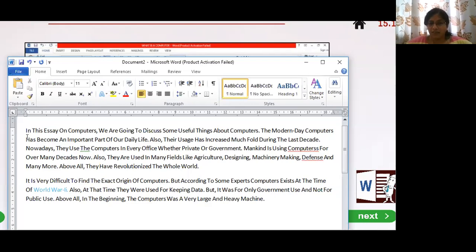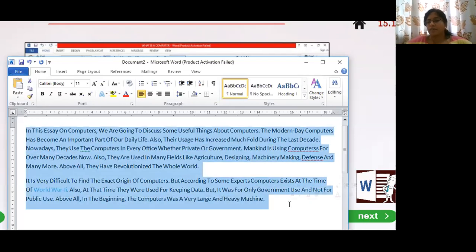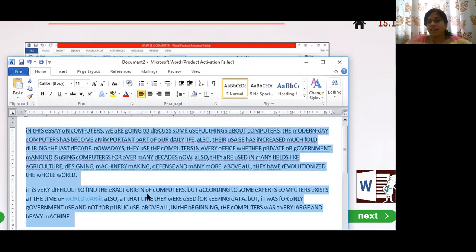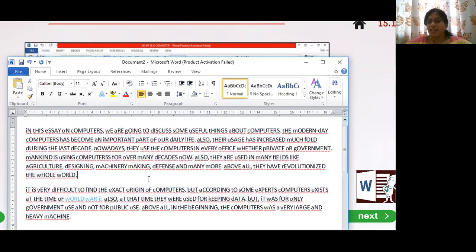Let's see the change. We'll select the text, toggle case. See. Can you see here? All the first letters have become small letters and the rest has become capital letters. Now see, computer C is small, OMPUTERS has become capital. This is the ulta pulta case. That is nothing but the toggle. Small will become big, big will become small.